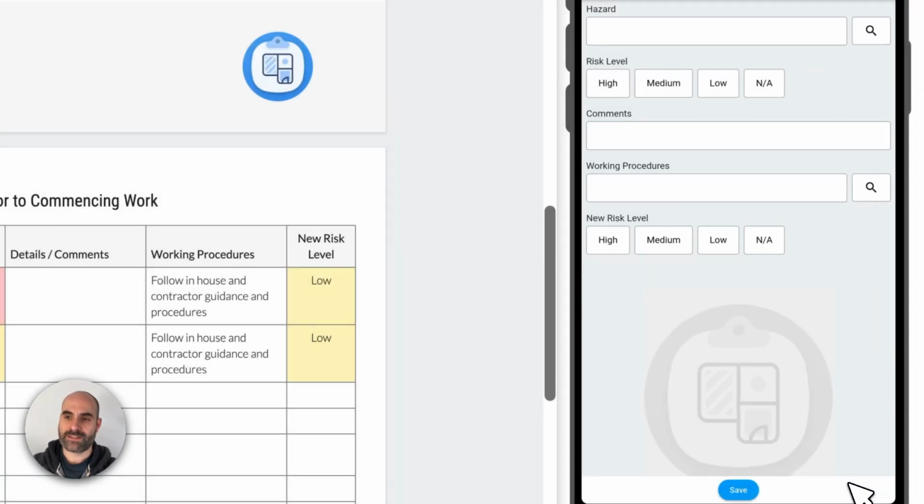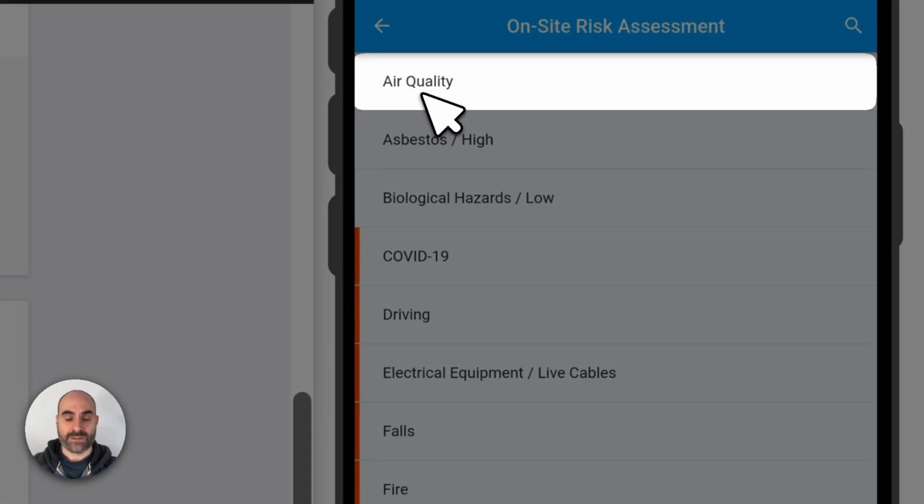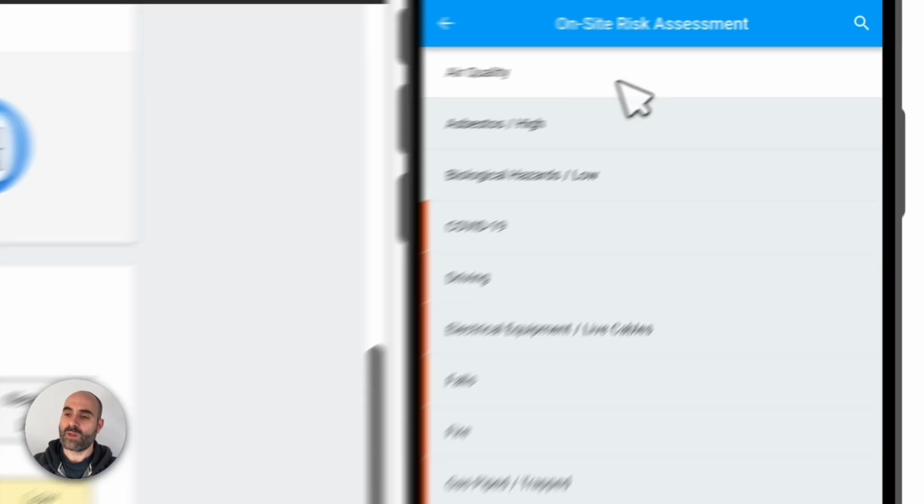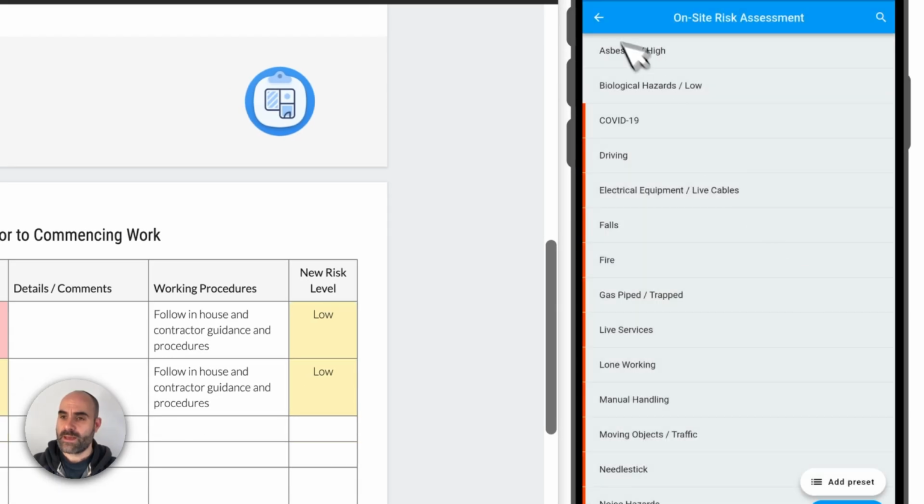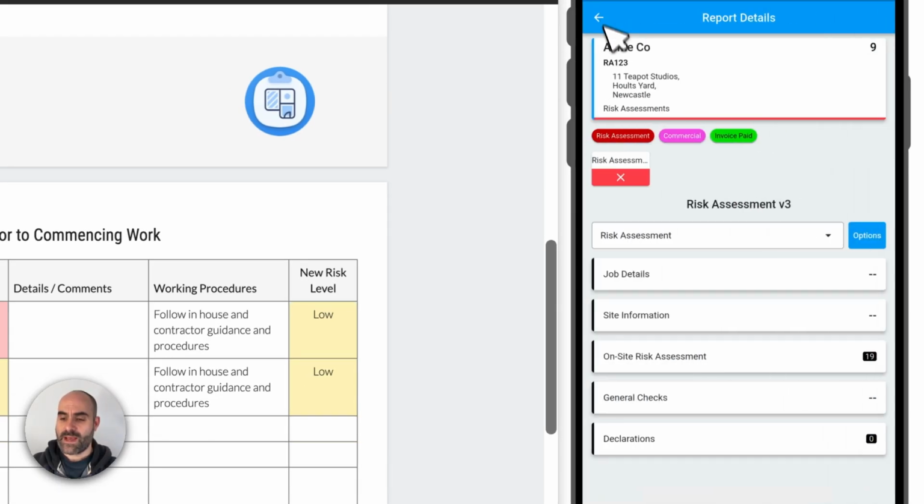Alternatively, you can just add an individual item if there's a hazard which maybe hasn't been included in the preset, or something that's really specific to this job that you're working on. You can just type your own here as well. So you can do it this way and then fill this in, and that will get added to the list, like you can see. I'm going to delete this one, head back up to this screen,